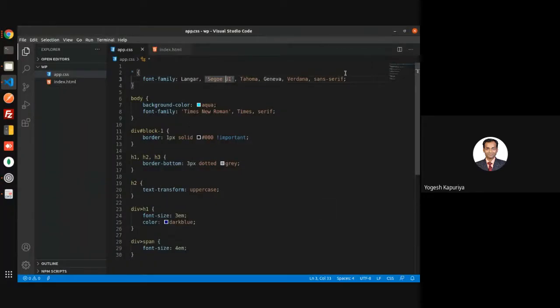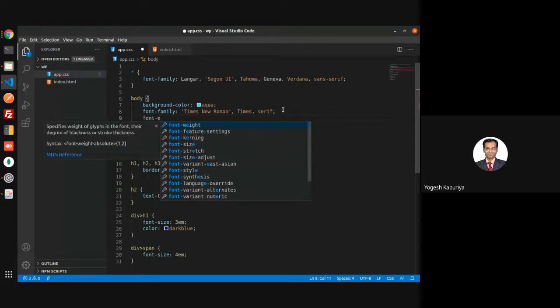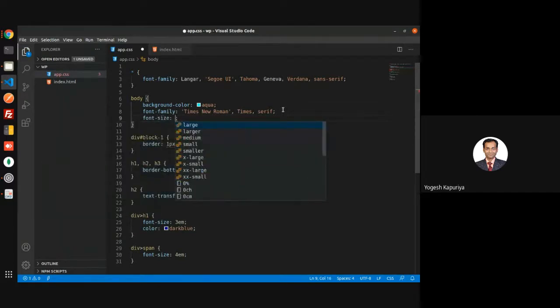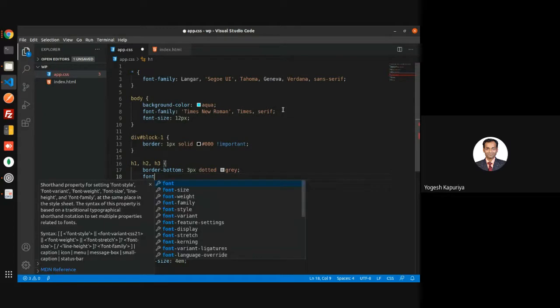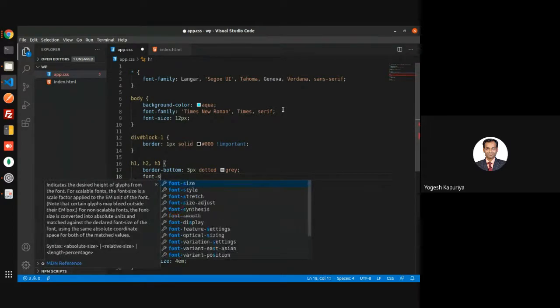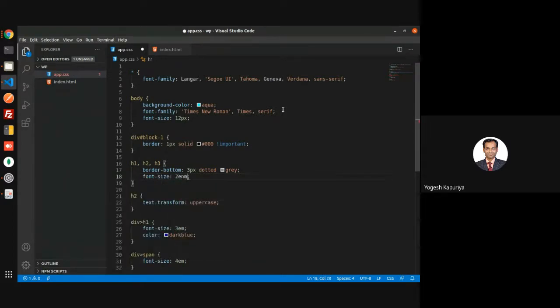So let's say I'm writing font size is 12 pixel, and then I'm writing font size is 2EM.